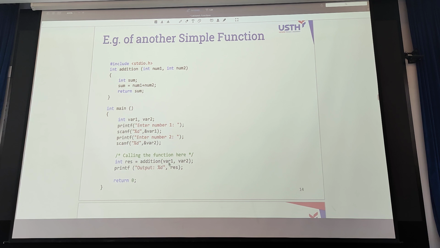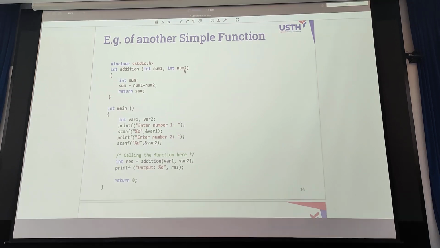Now you will see, call the function. We didn't mention about this. Over here, addition, var1 and var2, not num1, num2. I hope you distinguish between num1, num2 and the variables var1 and var2. Num1 and num2 here are the variables created and used inside the function.